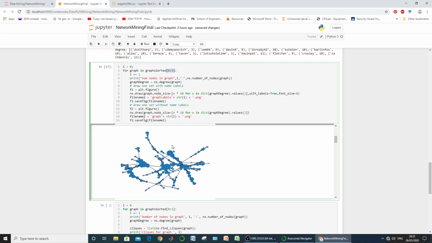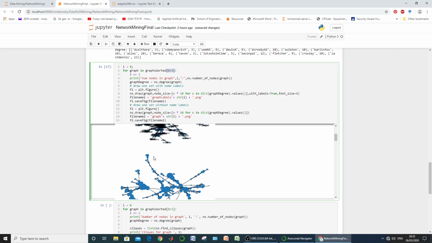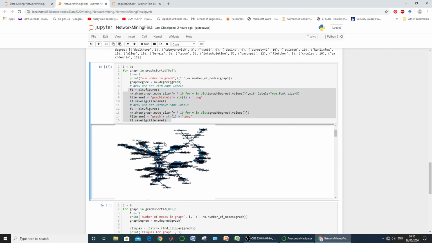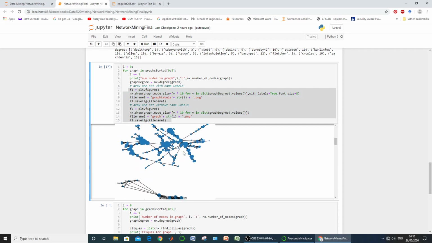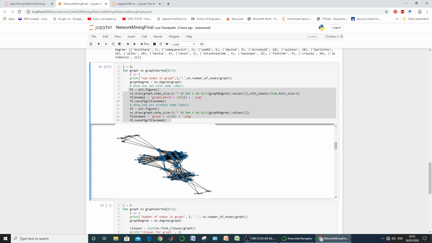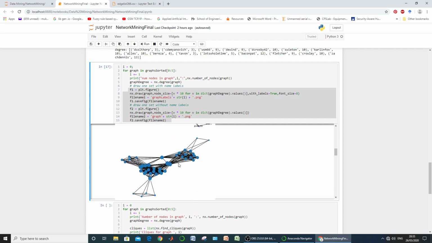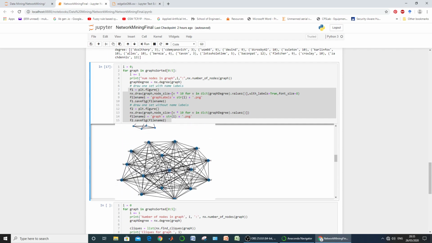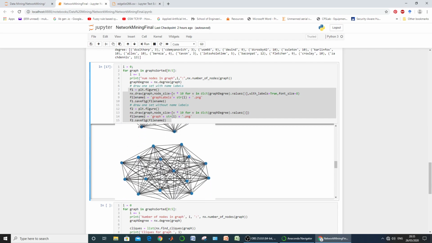So this is the first graph. This is its unlabeled figure. There were two blocks, one generating a labeled graph, the other generating an unlabeled one. So this is the labeled one for the first, this is the unlabeled one for the first, this is the labeled one for the second, this is unlabeled for the second, labeled for the third, unlabeled for the third, and so on.